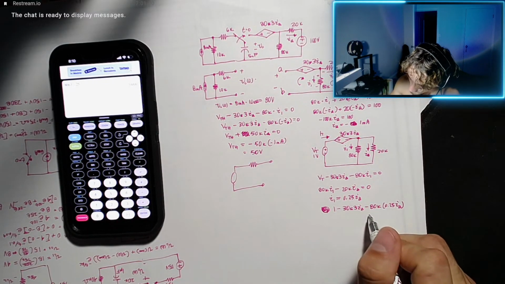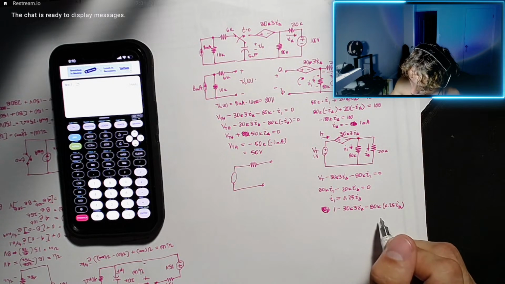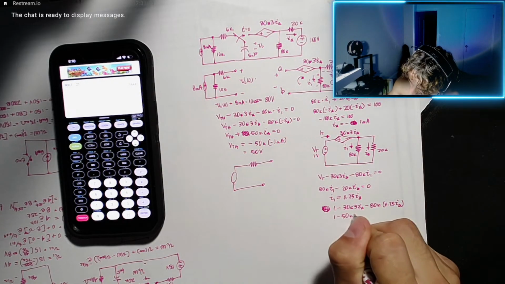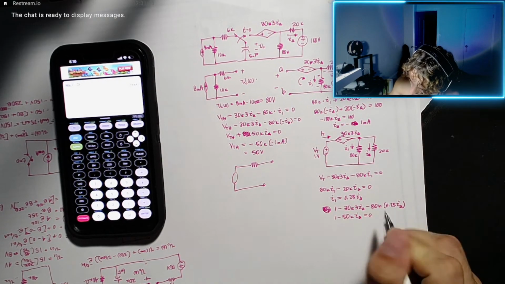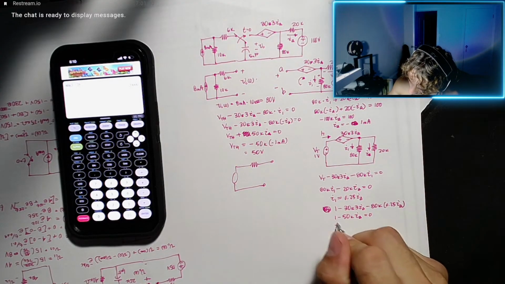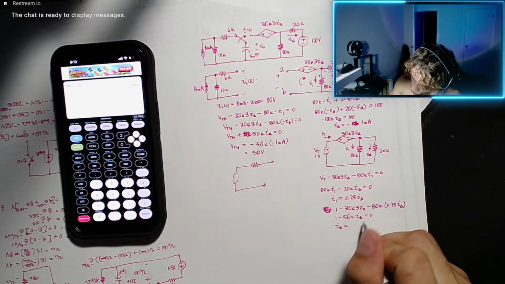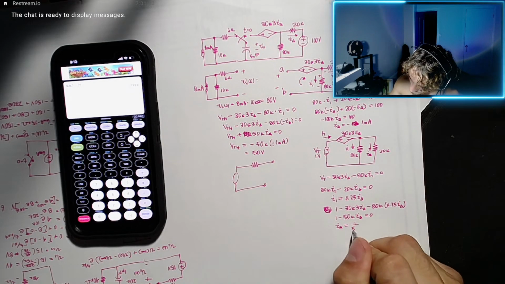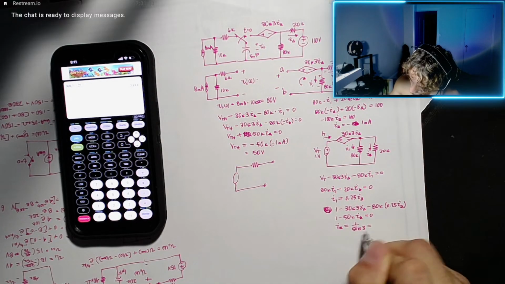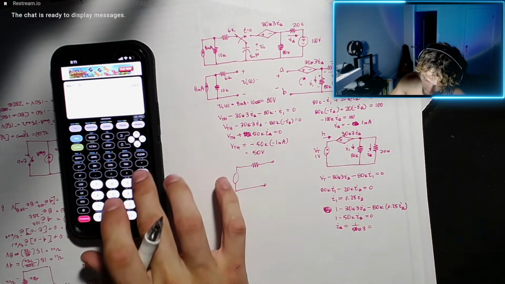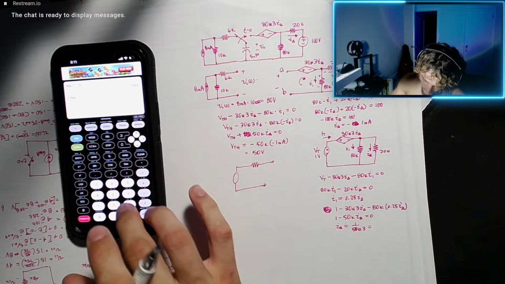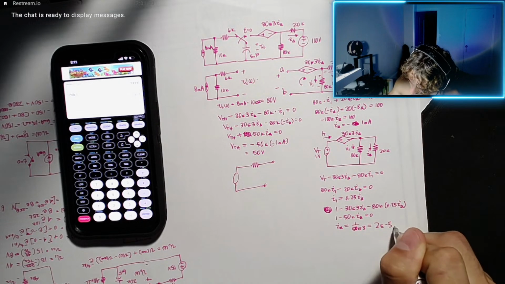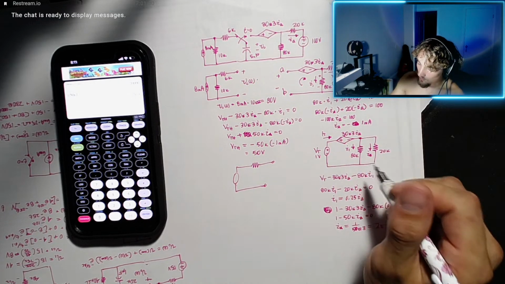Negative 30,000 minus 20,000. 1 minus 50k I delta equals 0, so I delta equals negative 5 amps